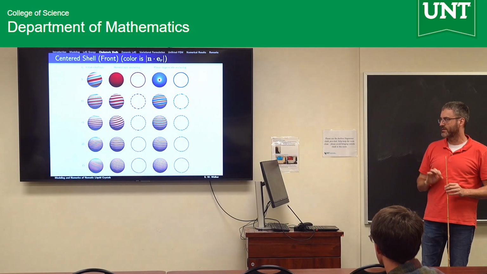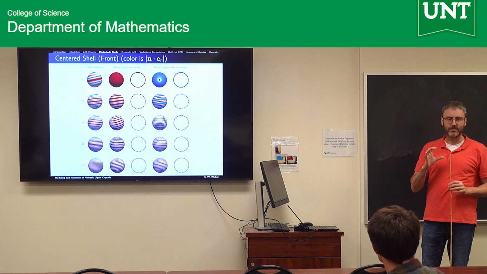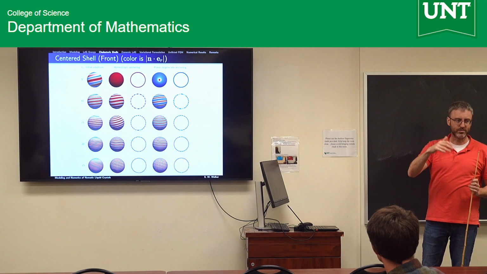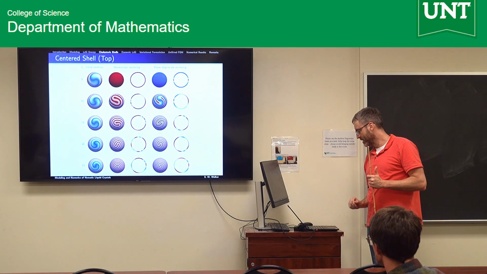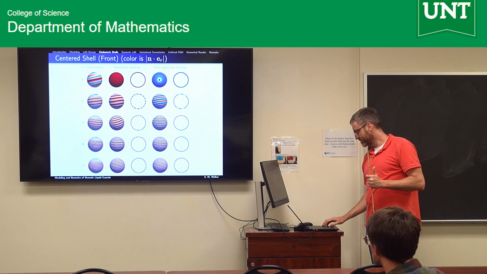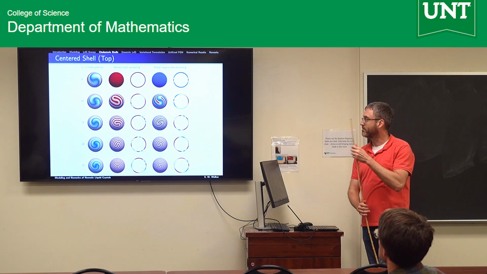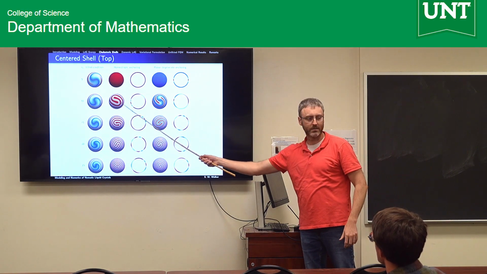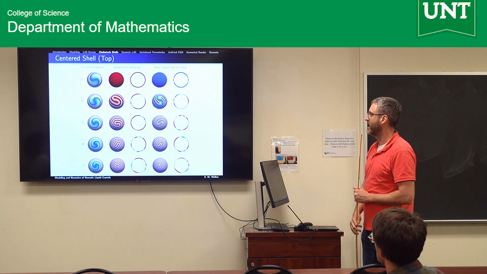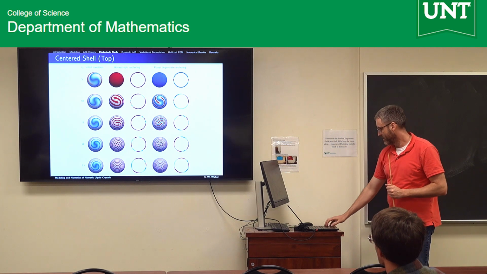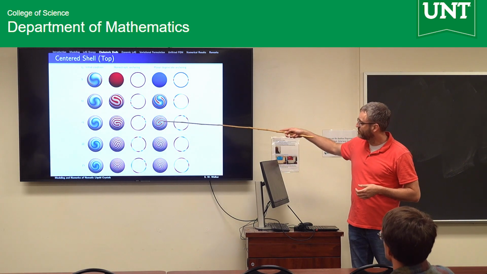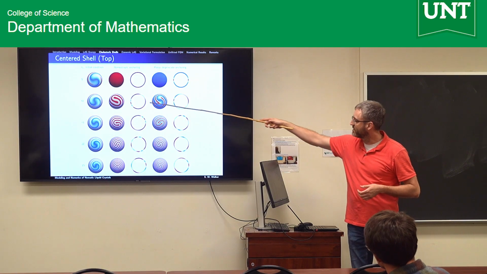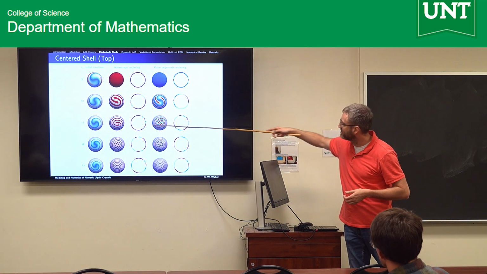The experiments are actually a bit finer, so the twist is a bit higher and you get more stripes. This was the front, and then just looking at the top, you can see this interesting spiral pattern. It's similar between normal anchoring and planar anchoring, although there is a little bit of difference in how